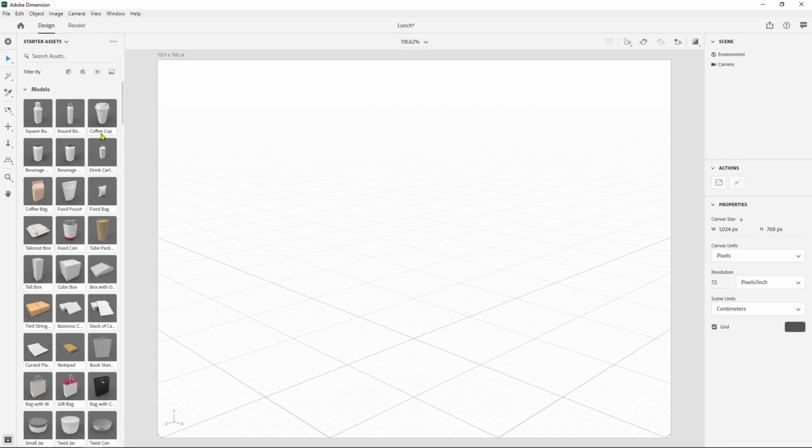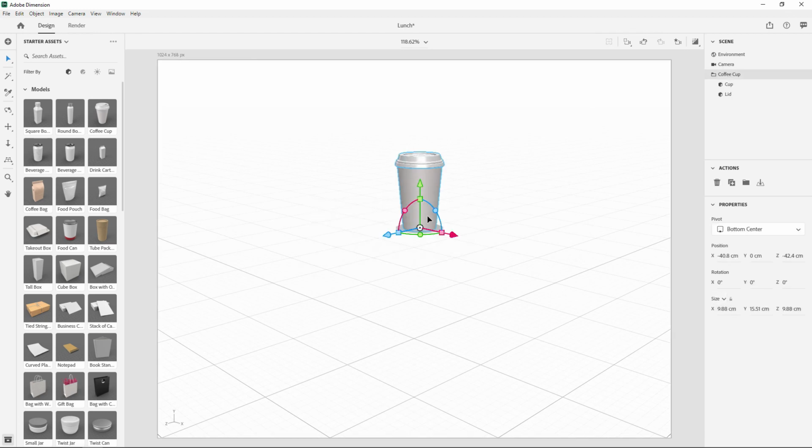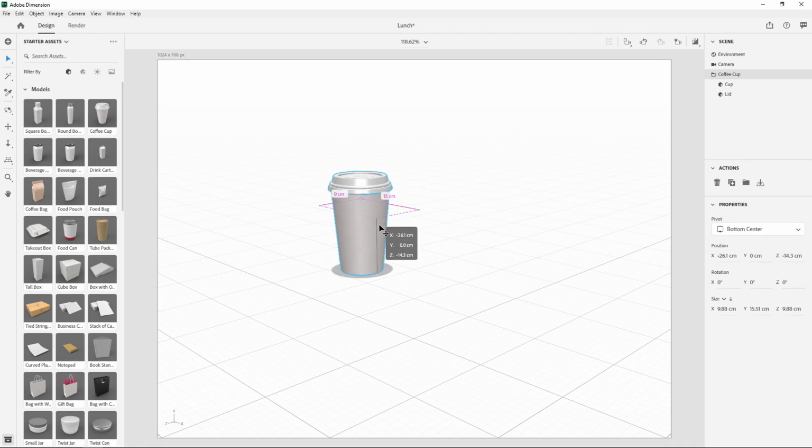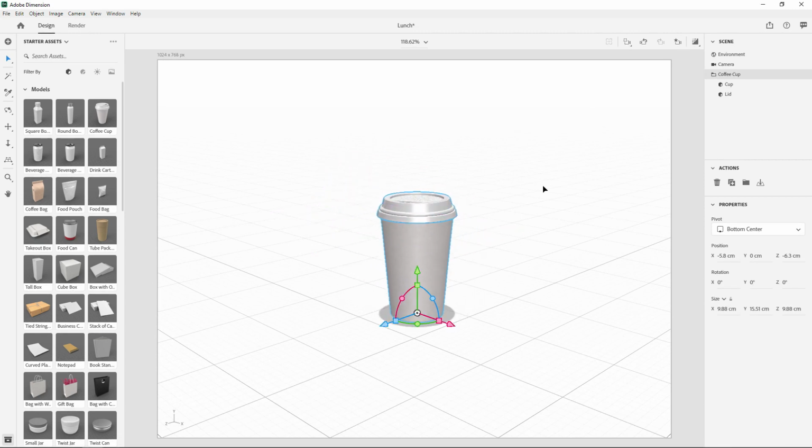And what I want to do is to start off by dragging a model. So the models are, you can filter by models, and you click on this icon to filter by model. I'm using the pointer tool, and I'm just going to click and drag this. And we can move it like this, or you can just grab it and move it around like that. Now, what we want to do is to,